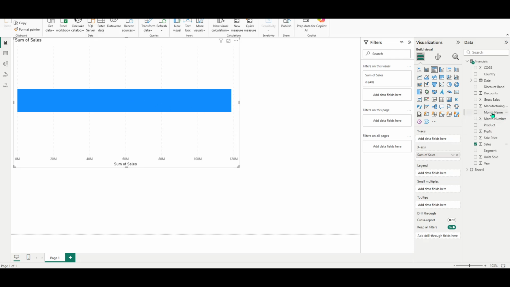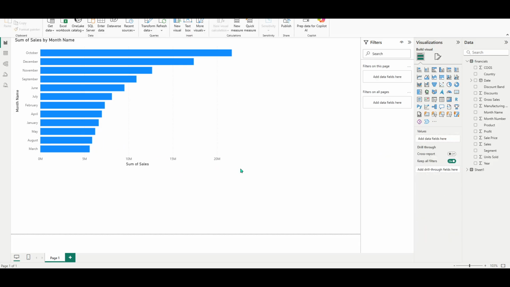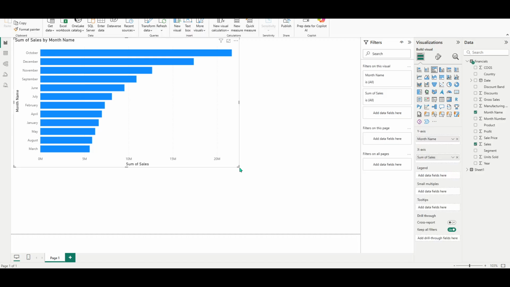You've now learned how to build a Power BI report from scratch, starting with data import and ending with a dynamic visualization. Remember, practice makes perfect, so don't hesitate to explore different data sources and visualization types to see what works best for your specific needs. With Power BI, the possibilities are endless, and with this foundational knowledge, you're well on your way to